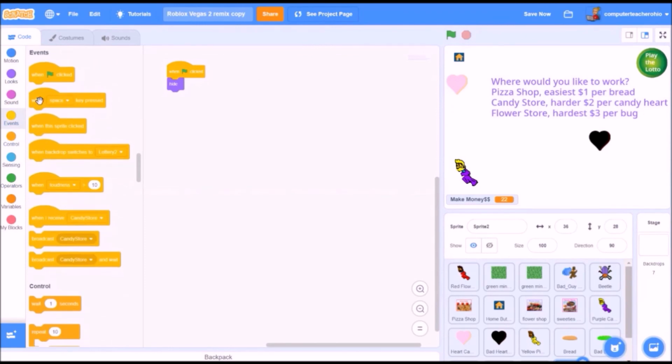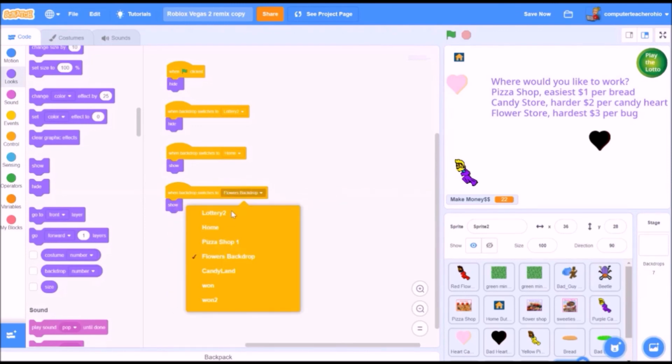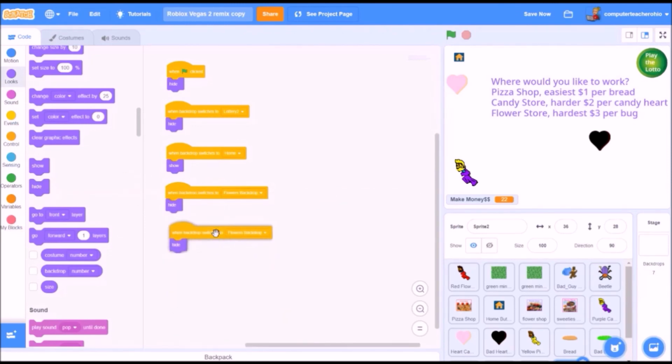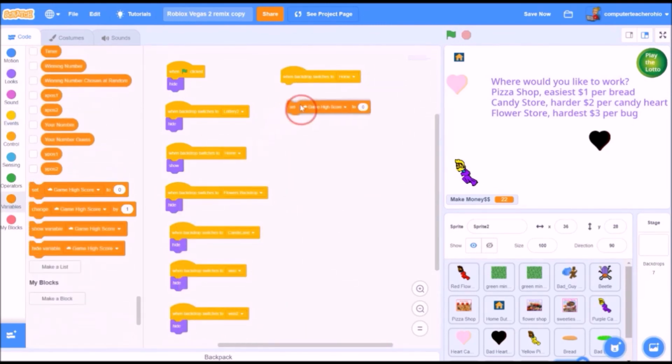You're done. Congratulations. All right, let's go ahead and show that text just on the home page and hide it everywhere else. And you know how to do this because you've done this with all the different sprites. It's just a game of